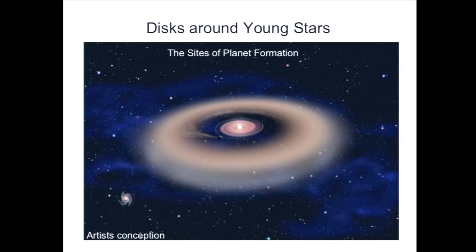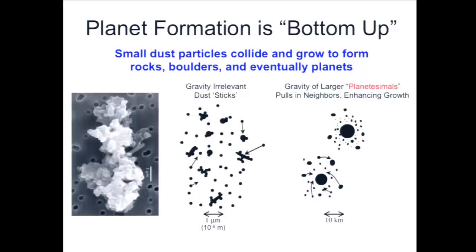And it turns out that that's actually not the major way that planets form, or at least the way planets get going. And the reason is that these disks around stars are actually hot enough that they have enough internal strength that they try to resist that gravitational collapse. And we actually think then the way the planets form is by a process that's called a bottom-up process. It actually starts from incredibly tiny objects, little minuscule bits of gas and dust that build up over time to get bigger and bigger and bigger.